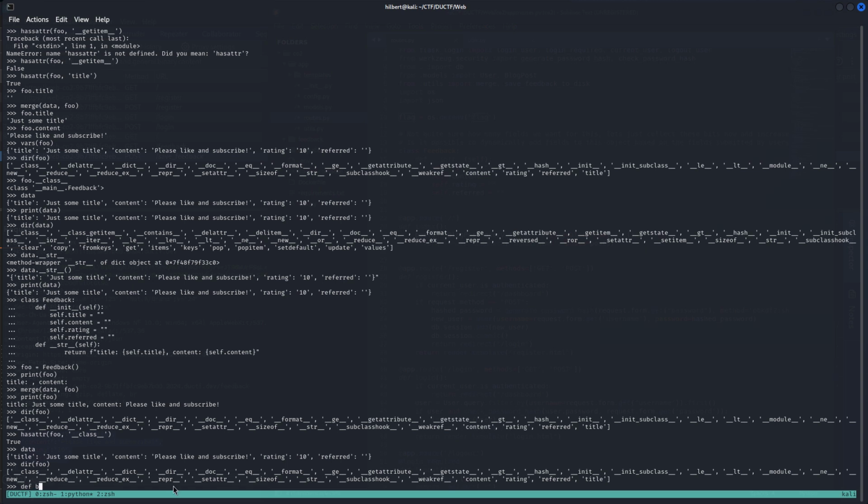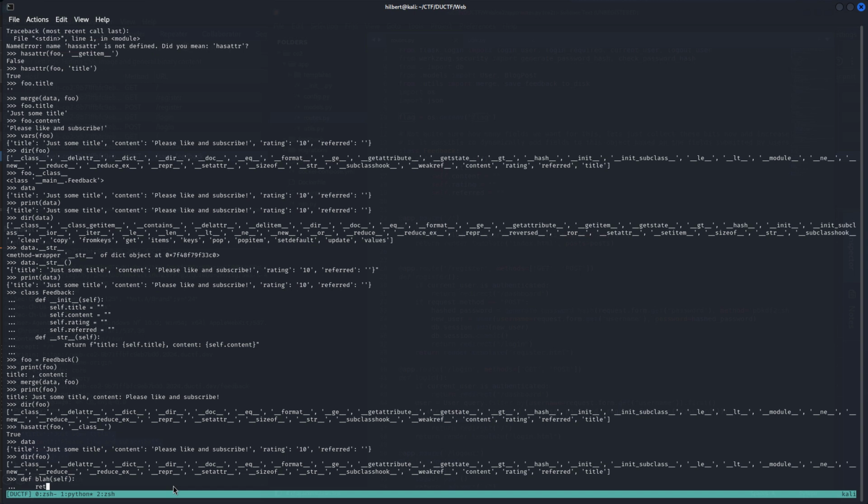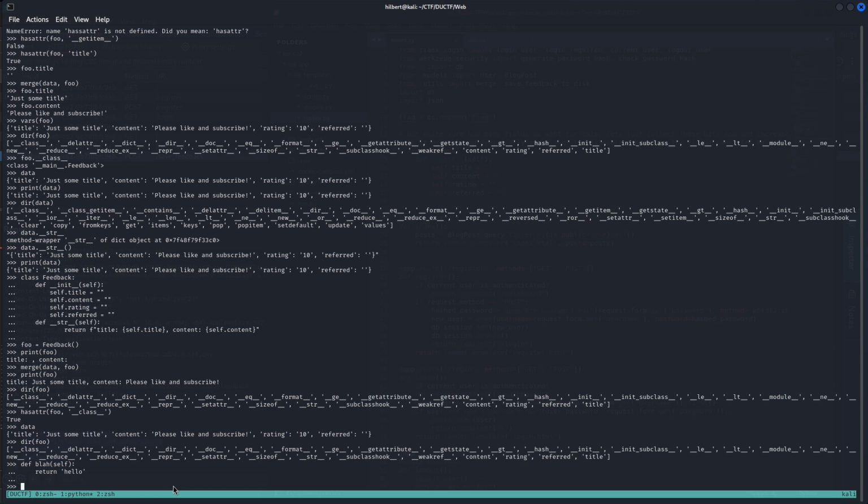So let's create a new method. We'll just call it blah. And for reasons I won't get into, we're going to have to give it a parameter. And we'll just return hello. That's all it's going to do. So what if now, instead of our data just being all that stuff, we change some stuff. Let's say now some new title. And then this class